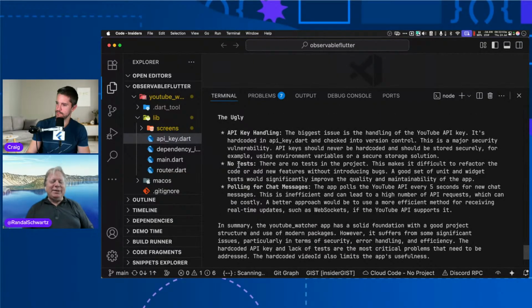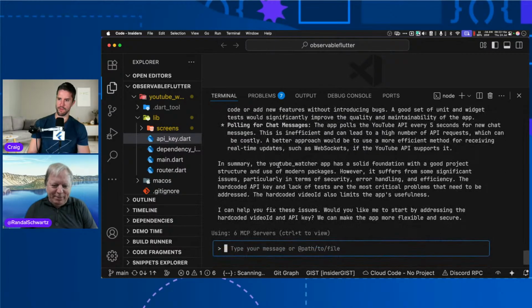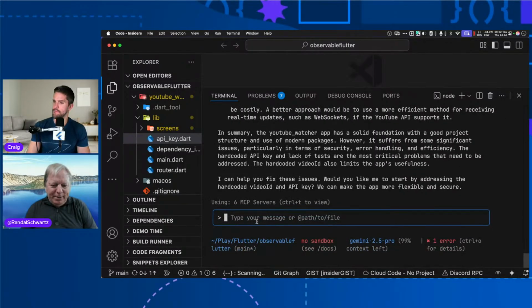Ugly. No tests. See, that's the other thing too, is in our steps, we're going to say, be sure that there is a testing phase for each development phase, and it will run through all those. And it's way better than I've ever been able to do that. So here's what I'm going to do. I'm now going to say, create a PRD.md in the top level directory